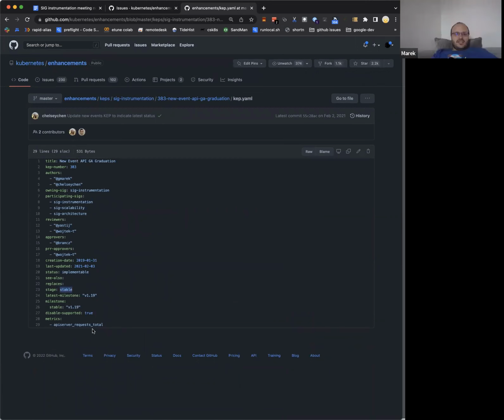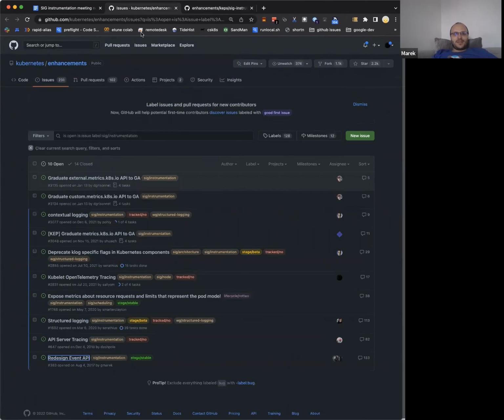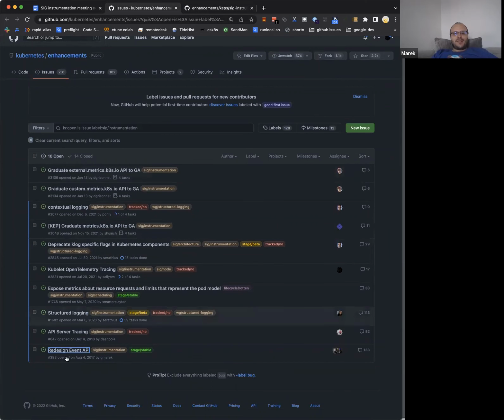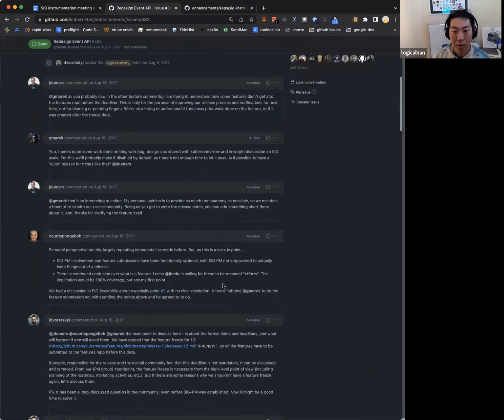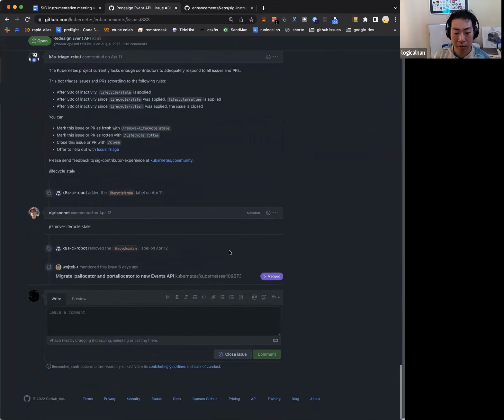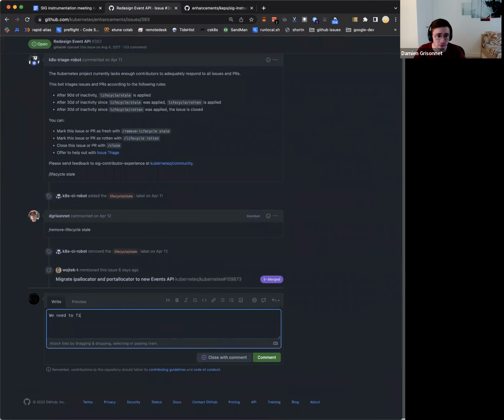Okay. The problem is this was not originally a KEP, if I remember correctly. This was the previous process. It was just migrated to a KEP because we noticed that it was not finished. So this is not done. You need to find an owner for this. Yeah, I haven't had time to. I also remember, like Dan said, that it was basically: design a new API, use it in one place where it mattered performance-wise, and then don't use it anywhere else. I think it's only the scheduler or maybe the controller manager that uses it.